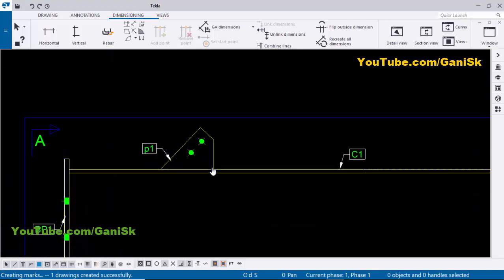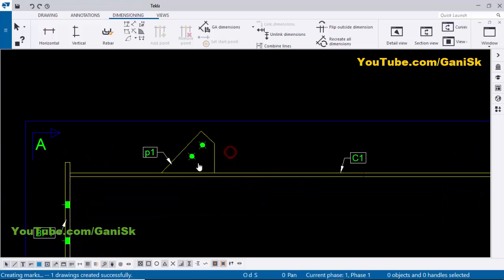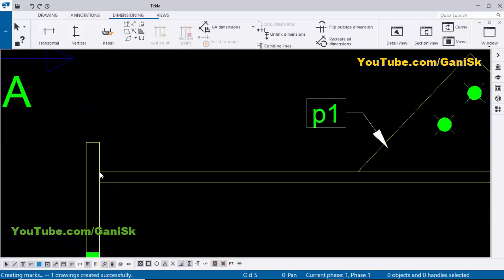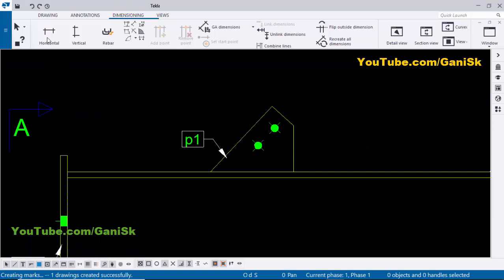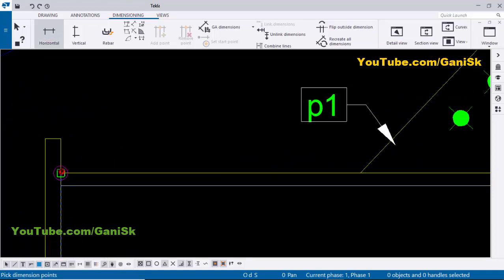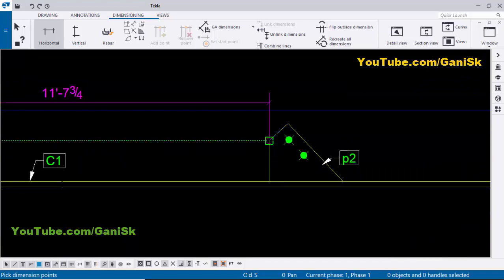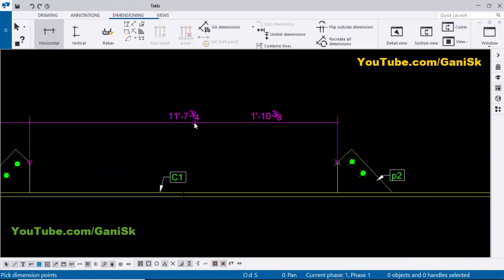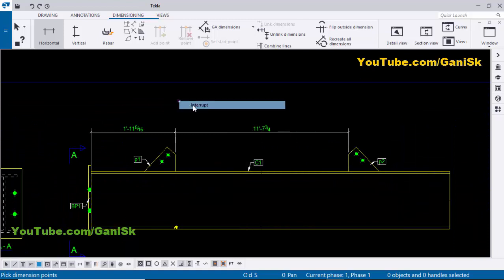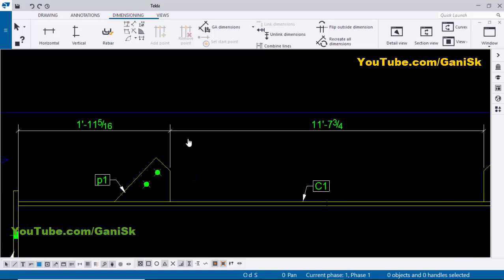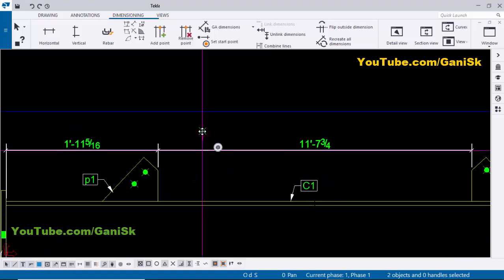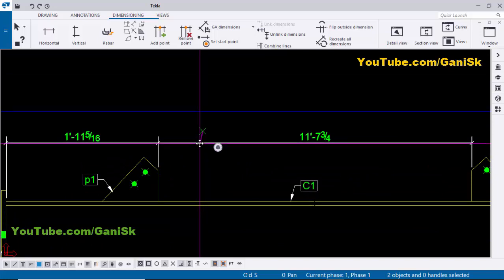Okay, now I'm going to give the dimensions for this plate from the edge of this I section profile. So select this horizontal distance and pick the first point here, pick the second point at this location, and pick the next point here. Now press the scrolling wheel button to place the dimension. Right click on mouse, interrupt. You can see now, select this dimension. You can adjust the position like this by using the left mouse key.